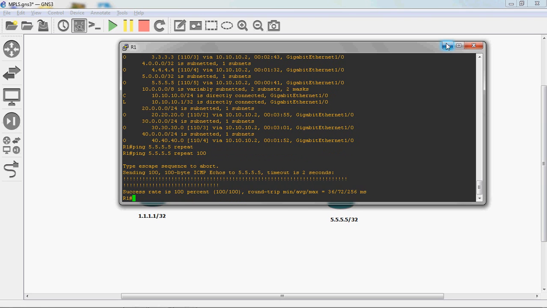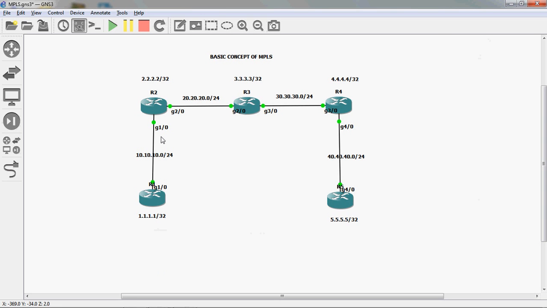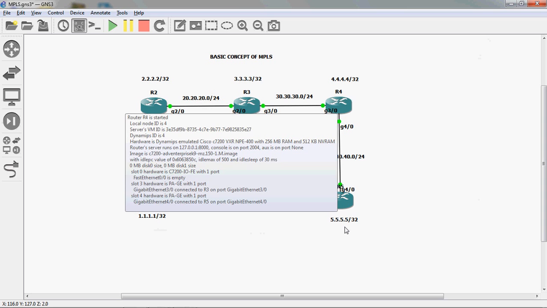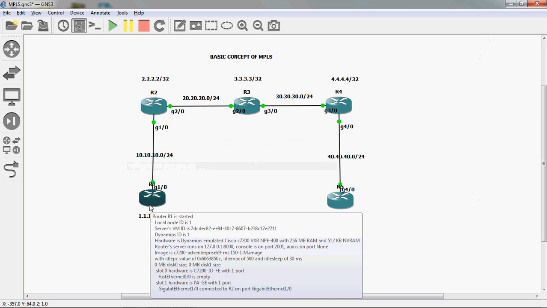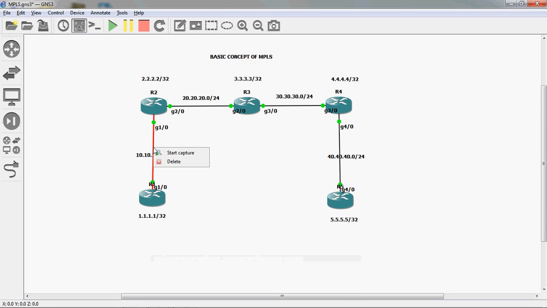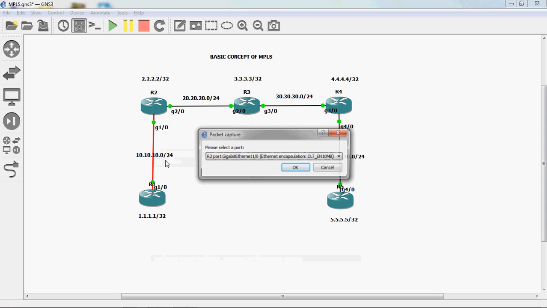We can capture through Wireshark: R1 to R2, R2 to R3, R3 to R4, R4 to R5. In the R1 router I will just give ping 5.5.5.5 and it will get a reply. So how does it work in the backend? We capture through Wireshark. Just capture the R1 to R2 interface.